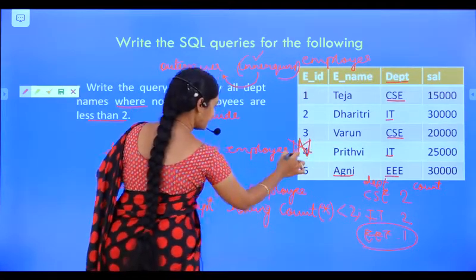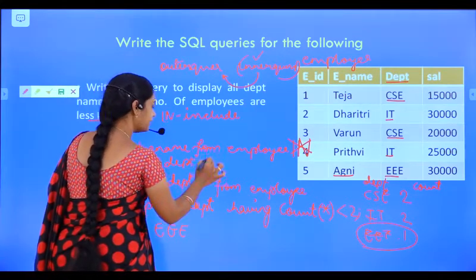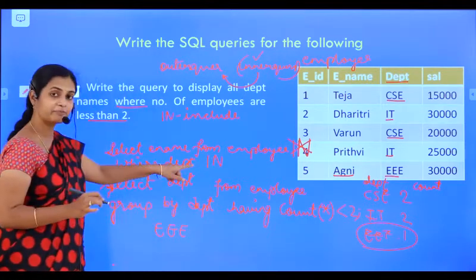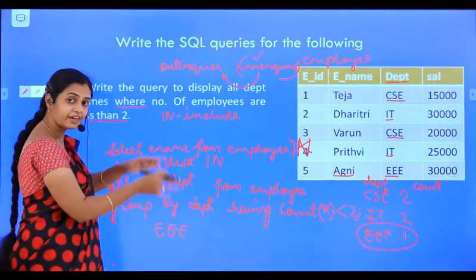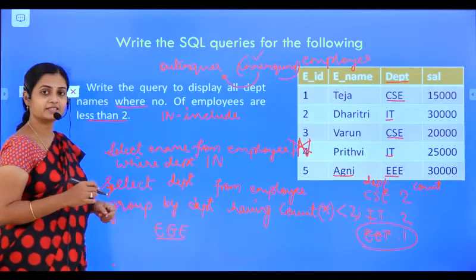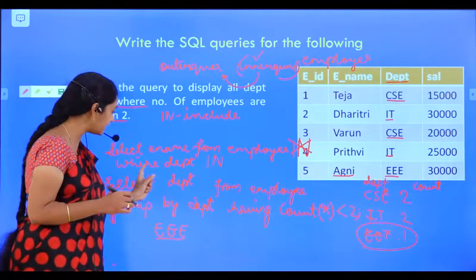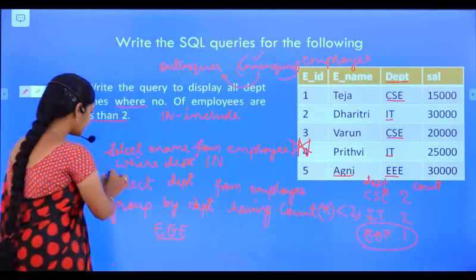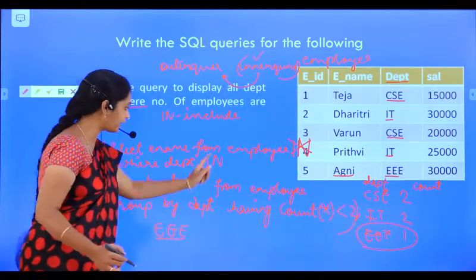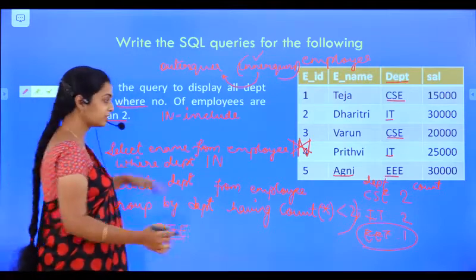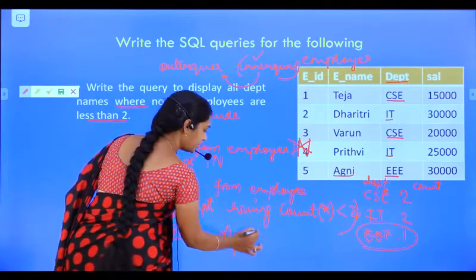Instead of equals, you need to write where department in. Why are we writing where department? In the where condition, you look at the employee name where you are getting the result, and this result is from the department attribute. So in the where condition, I'll write where department in this query. What is the output here? In triple, what is the ename? Agni. Agni will be the output.